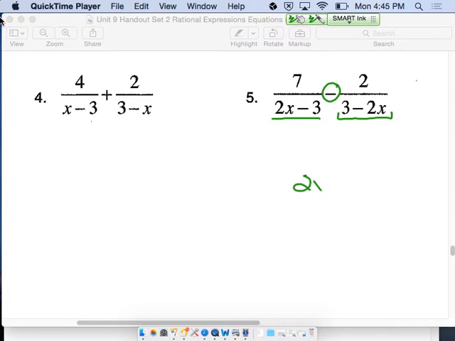So my LCD is 2x minus 3, and I'm now going to have 7 plus 2 rather than 7 minus 2. So now my expression is 9 over